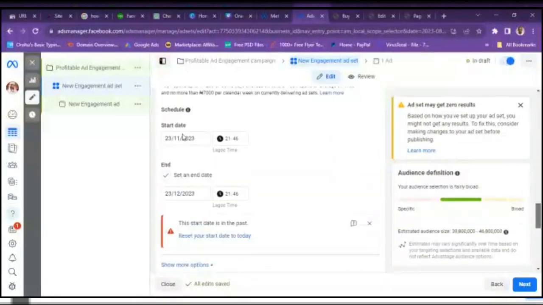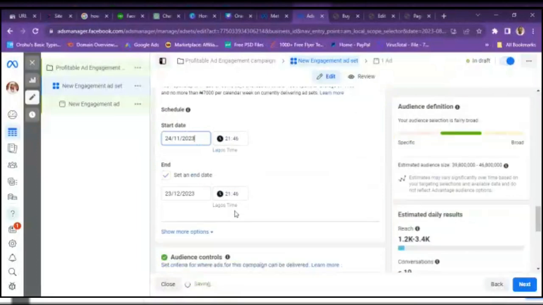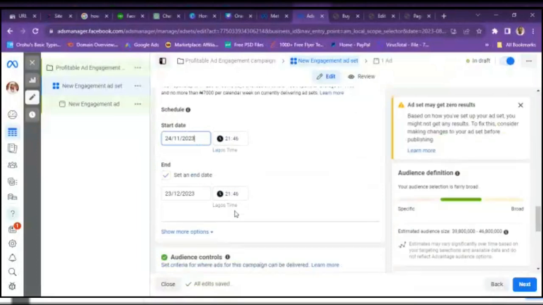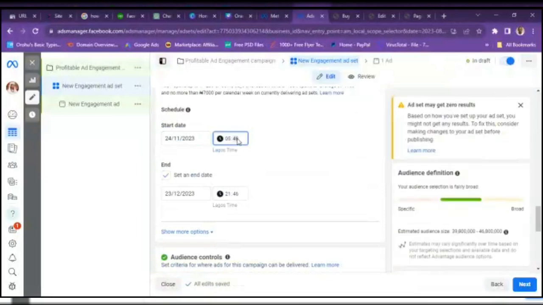The next thing down here is what? You can see start date. This is when you want your ad to start. I always publish my ad in the night to start running the next day. That is what I always do. So if I want to run this ad tomorrow, I'm going to select 24, which is tomorrow's date. Then I will select my time. This is Lagos time. I always use 4 and 5 a.m. That is what I use on my ad, 4 and 5 a.m. So that by the time you'll be up, my ad should also show up